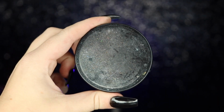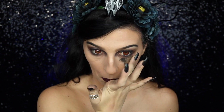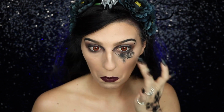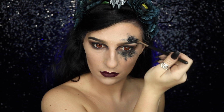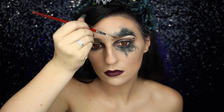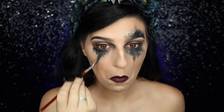I'm going to be taking my Mehron Paradise paint in black and taking my finger, I'm going to be lightly applying this around my eye, making sure to smudge it out with a clean finger, and I ended up going in with a brush to the areas that I couldn't quite reach. And a really good tip is to take a fan brush as well, because it has the bristles spread out. You can get a really cool sparse effect with this,